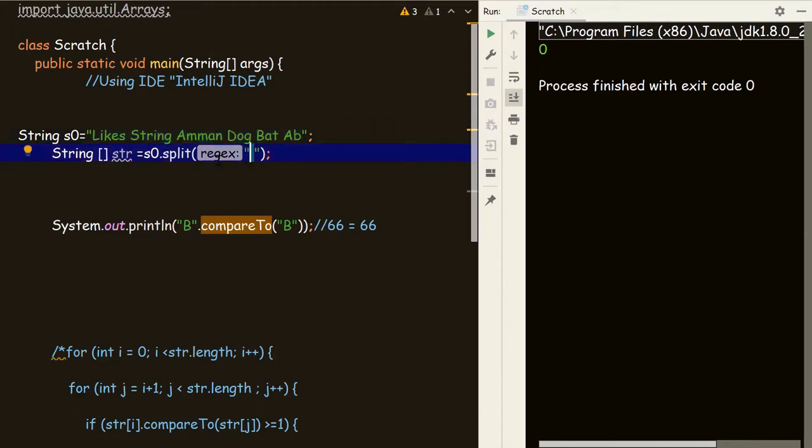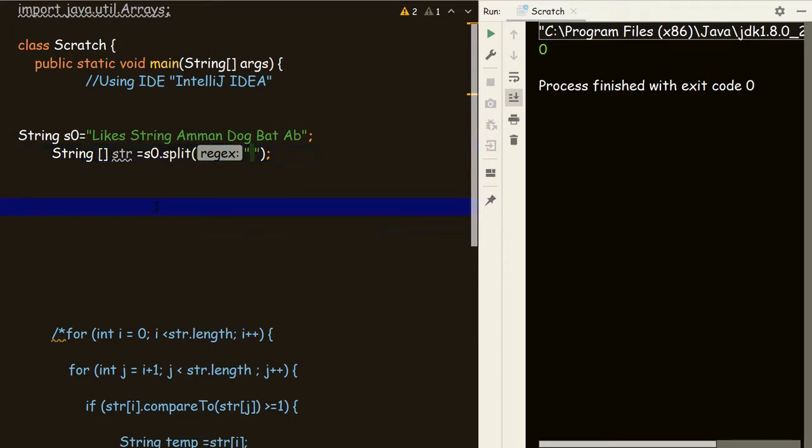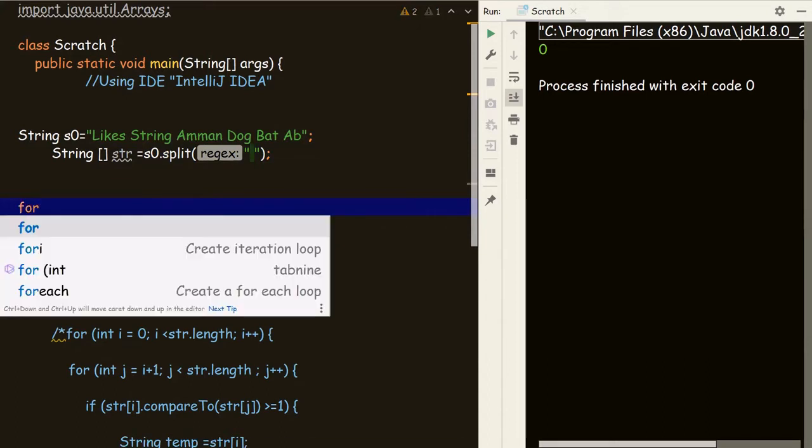What it does is divide it and put it into a string array. So after the space it gives str[0], str[1]. It divides after each space. str[0] is likes, str[1] is string, str[3] is Aman, and like that it goes.